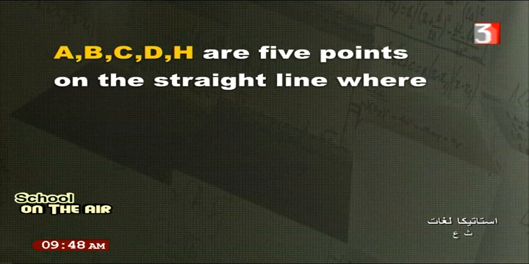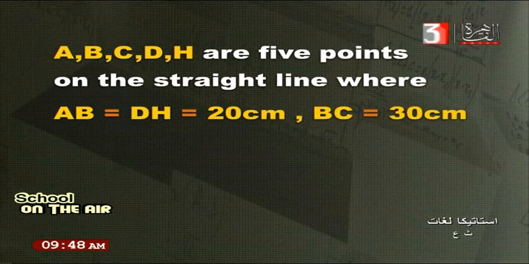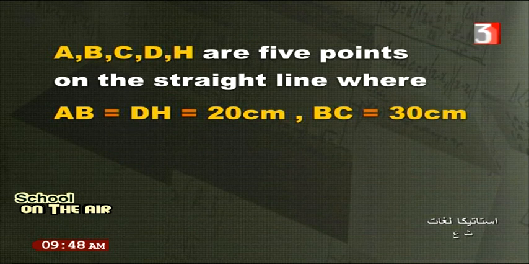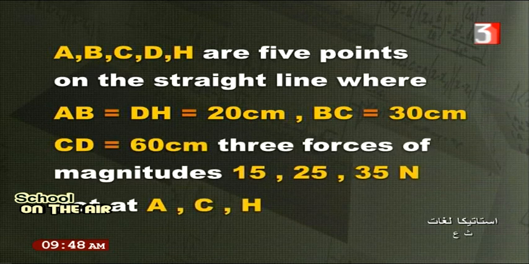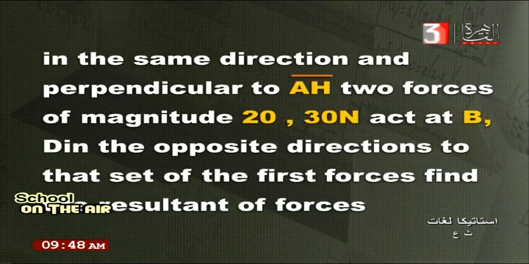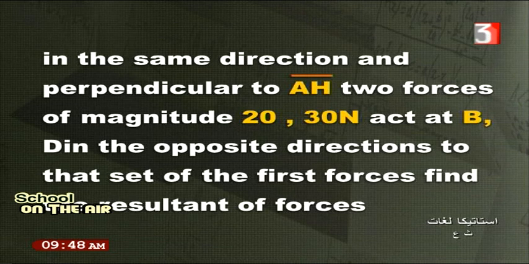Now we move to another one. A, B, C, D, H are 5 points on a straight line where AB equals DH equals 20, BC equals 30 centimeters, CD equals 6 centimeters. Three forces of magnitude 15, 25, 35 Newton act at A, C, and H in the same direction and perpendicular to AH. Two forces of magnitude 20 and 30 Newton act at B and D in the opposite direction